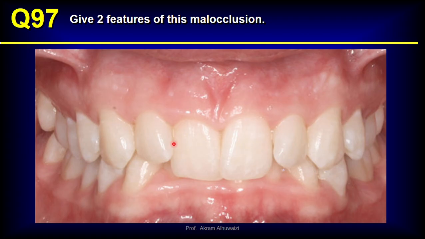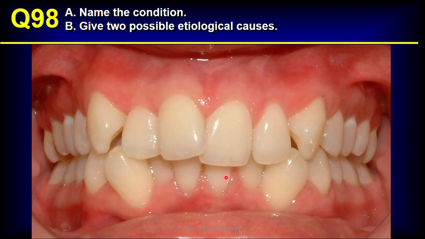Give 2 features of this malocclusion: deep bite, upper crowding, and lower crowding. Name the condition affecting these teeth. It's crowding of the teeth. Give 2 possible etiological factors. It could be because of the small jaw or large teeth, a disproportion between the teeth size and the size of the jaw, or it could be because of mesial migration of the sixes because of early loss of deciduous